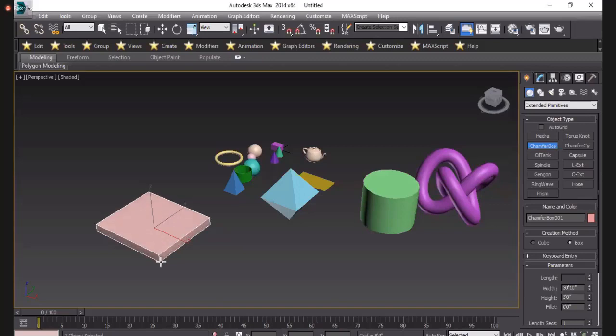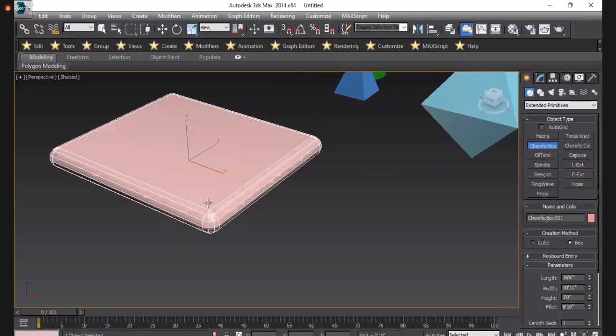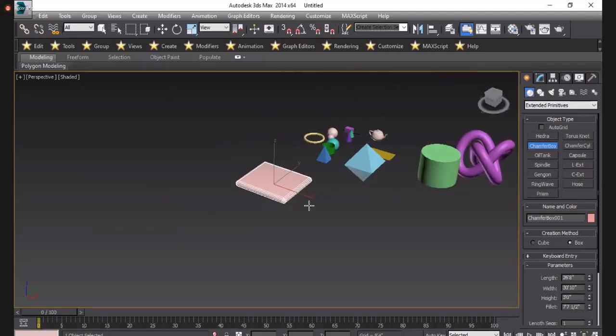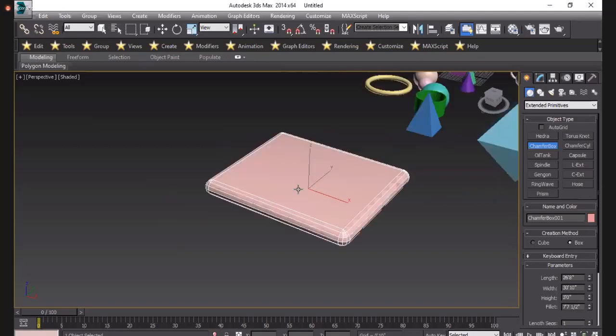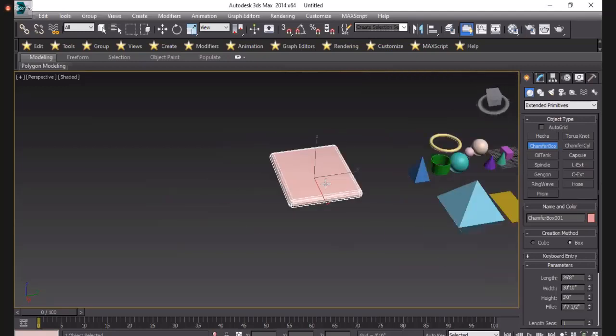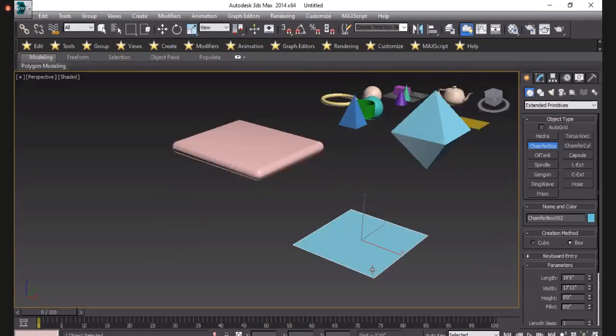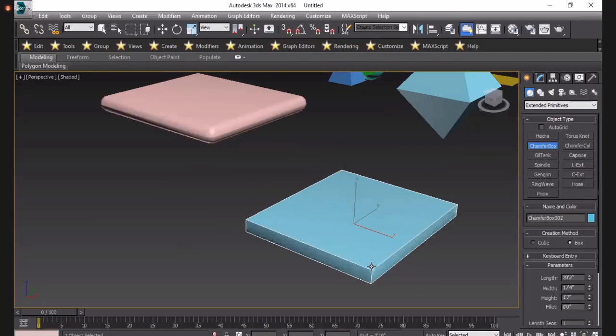The main use of chamfer box is to create your sofa and bed. Okay, note down that thing. Chamfer box is used for making sofa and bed.